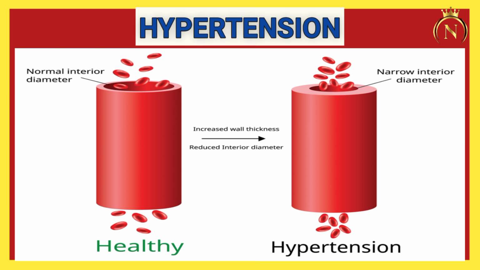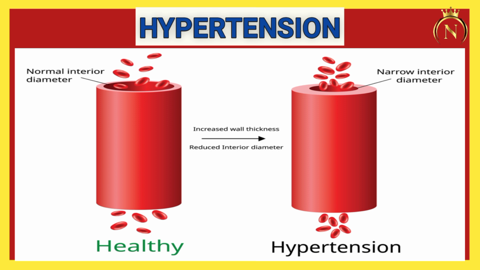And the second one is the hypertensive artery or wall. In case of hypertension, the artery wall thickness will be increasing. So the artery becomes narrowed or obstructed. When the blood goes through it, the pressure will increase, and that can lead to hypertension. So I hope this is understood.